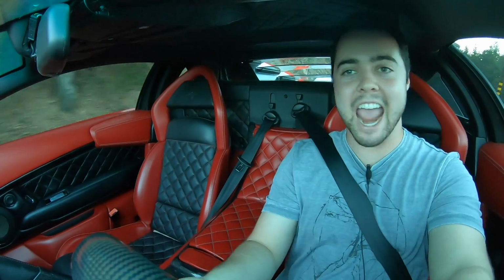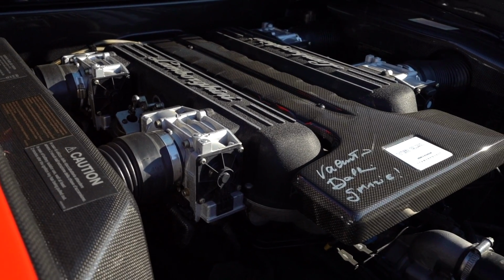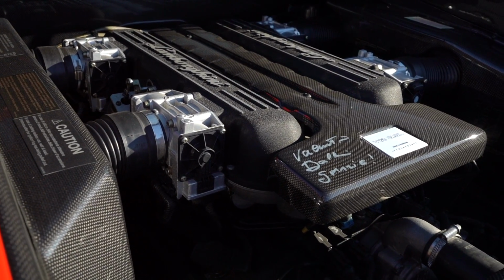So this Murcielago has an aftermarket Avant-Garde Exotics exhaust that sounds absolutely terrifying. I'm not even sure if you're going to be able to hear me over the sound of that crazy 6.5 liter V12. The Murcielago is fast, really fast. 0 to 60 happens in 3.4 seconds, and its top speed is